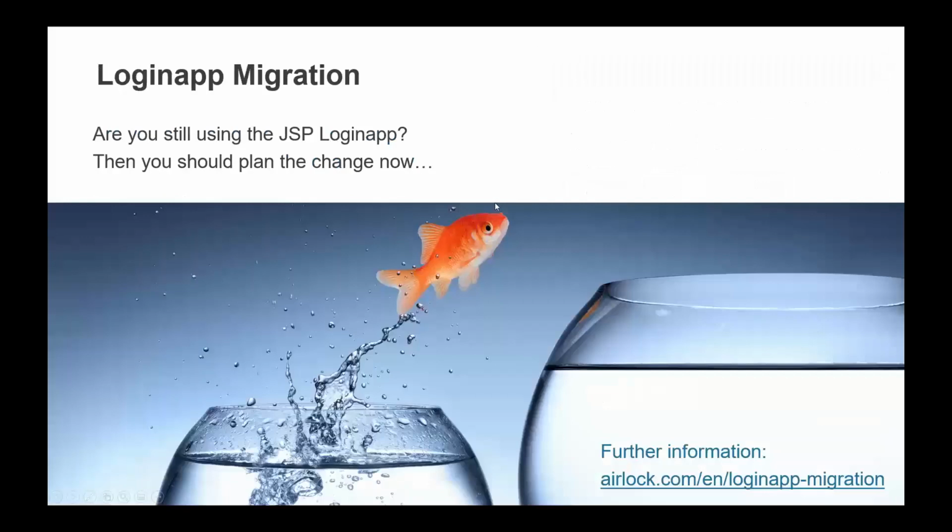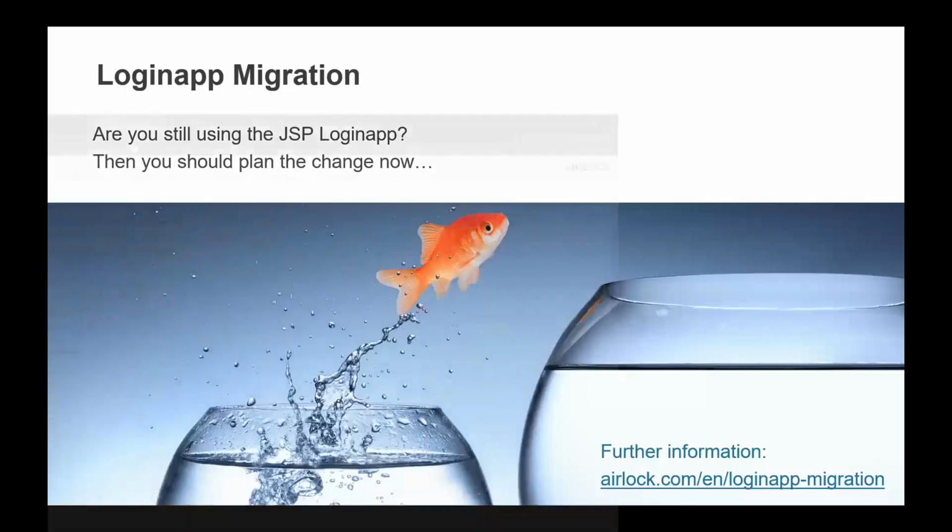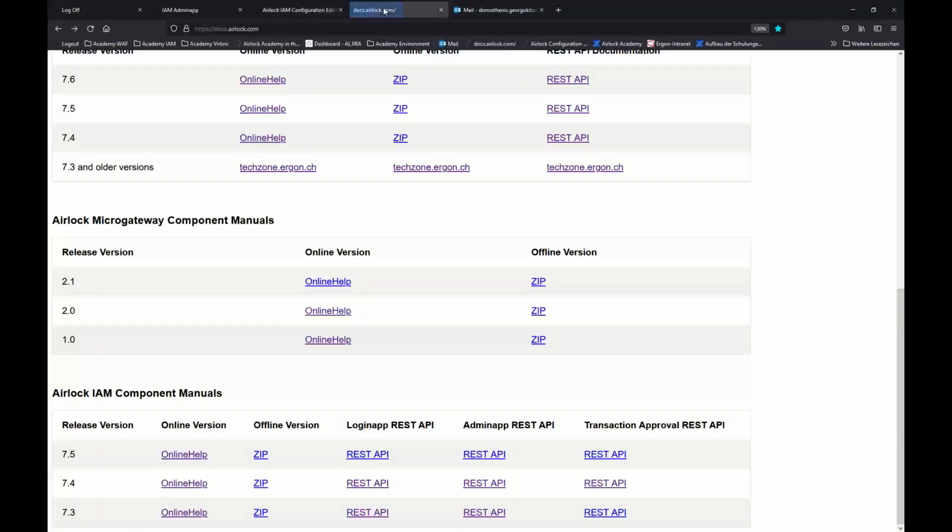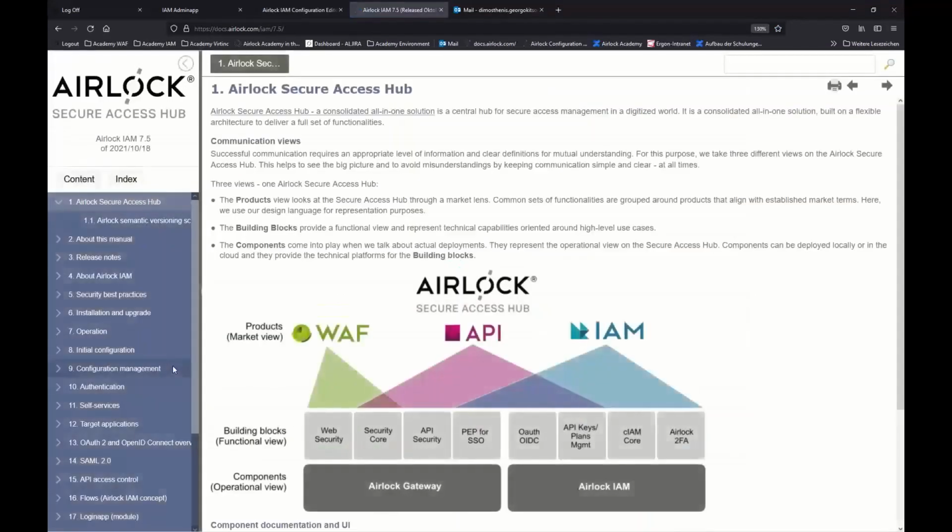For those of you who didn't migrate already, or still have a classical JSP-Loginapp, there is still some time to move on. If you have questions about the migration, you can go to airlock.com/en for the English version, and then Loginapp Migration, there you'll find all the information. There's even a part in the documentation which will support your migration. So if you go to docs.airlock.com, open up the 7.5 documentation,